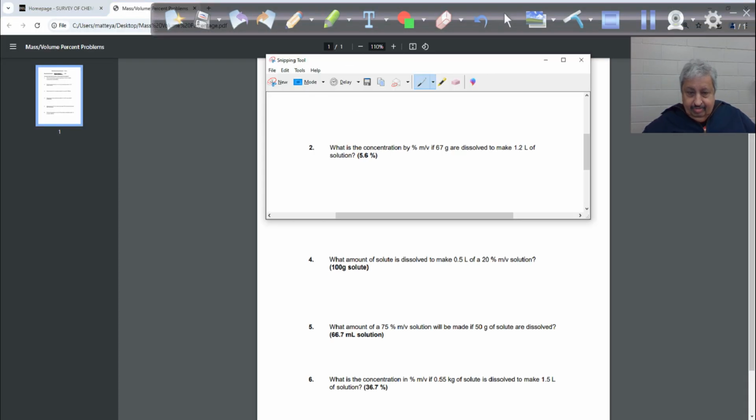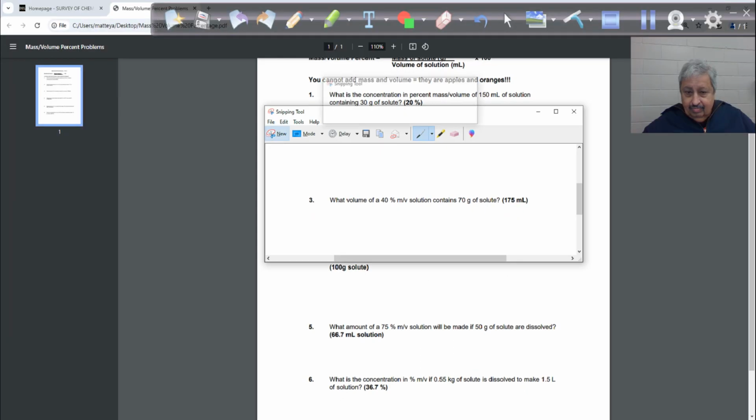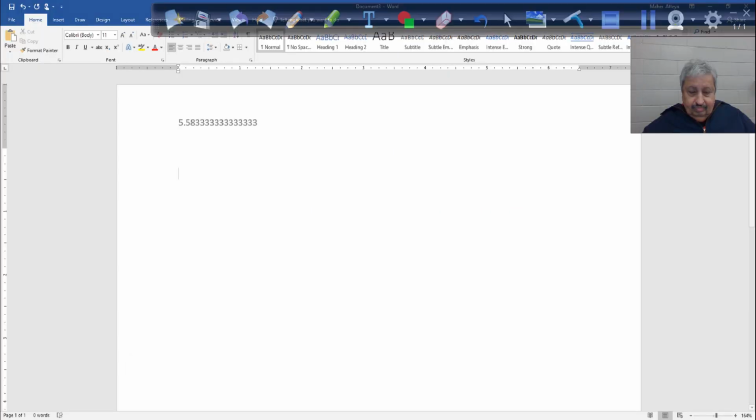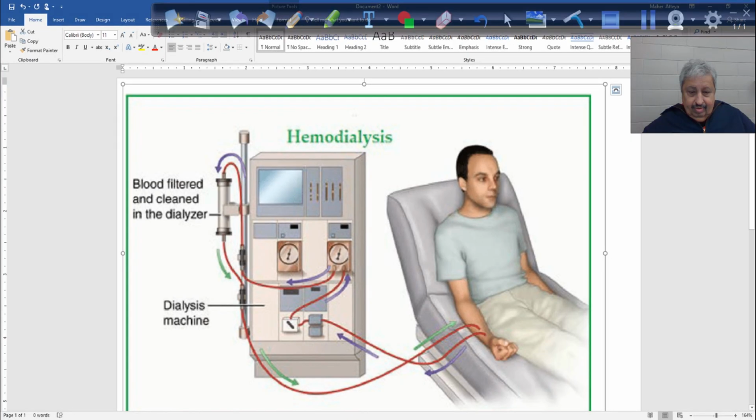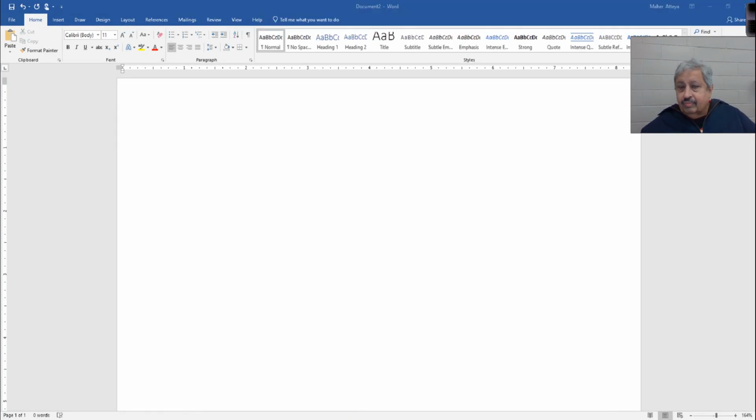Let's take snipping tool for 3. And we can do 4 if you want to. So now, we can. Okay, so